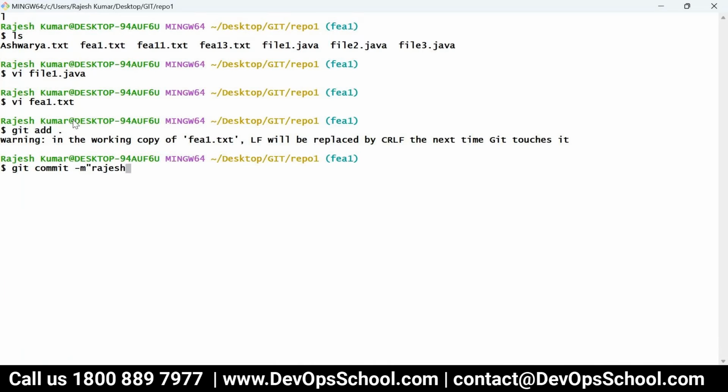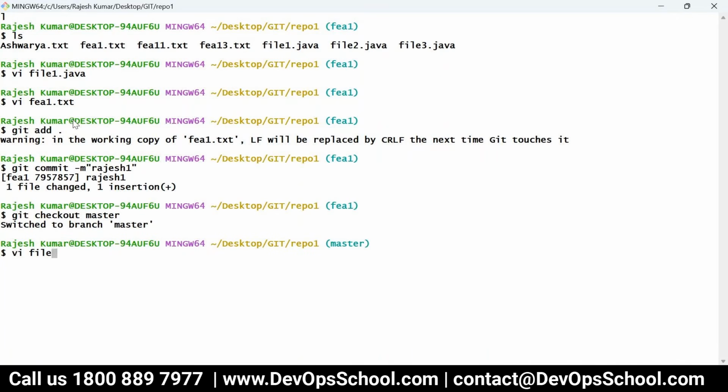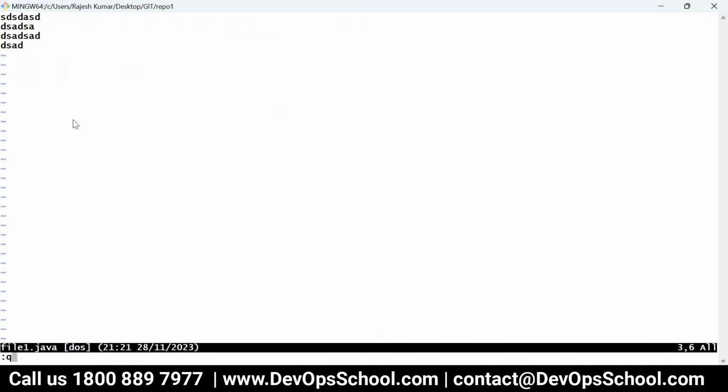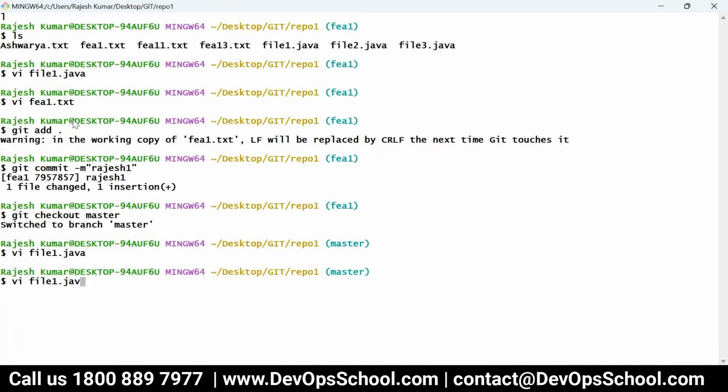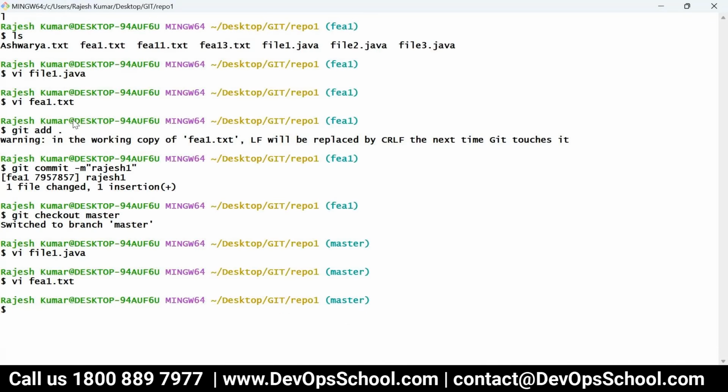I committed it. Remember, this is Rajesh 1. Now I checkout the master branch. I'm creating a conflict scenario, and the same file I modify here also, the same line number 1. This is Rajesh 2. Now I will commit this one.